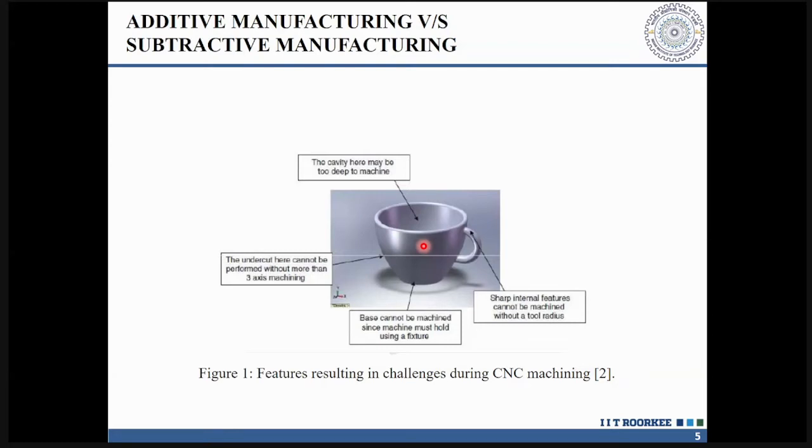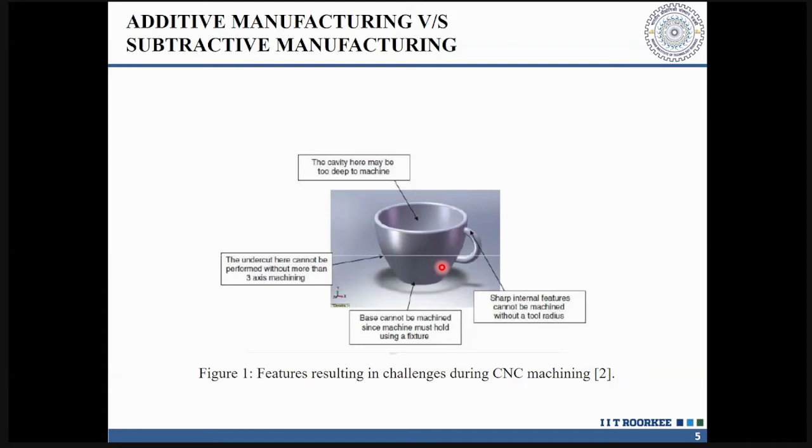Now, whenever you go for machining, all those processes are called subtractive manufacturing processes. The material is being taken off in the form of chips, and those chips are not useful. You have to throw them away. Manufacturing a product using a subtractive manufacturing method, let us say of titanium, will result in a large amount of wastage. The wastage will be in the form of this particular cavity, and in the creation of these C-shaped profiles.